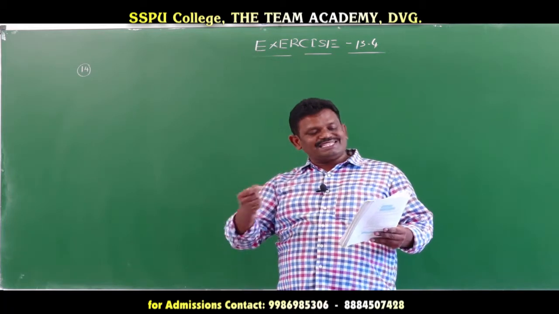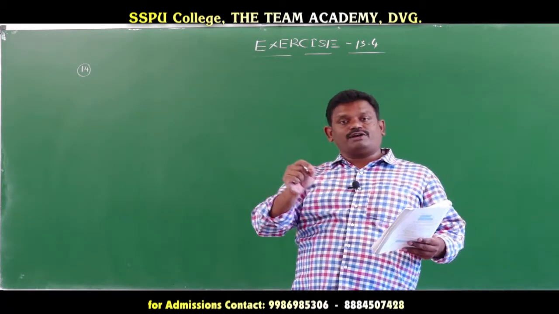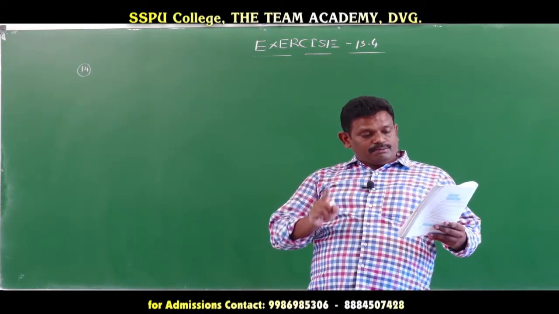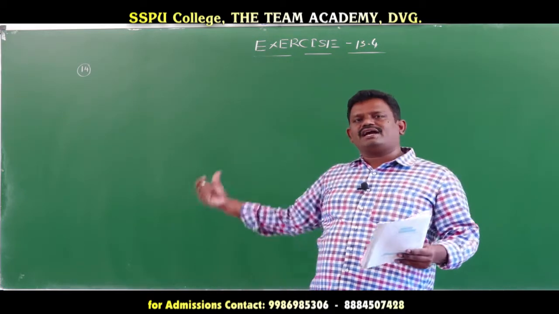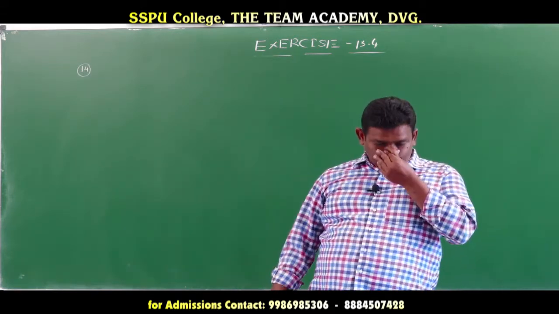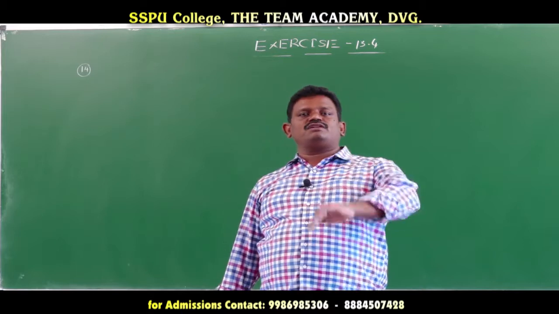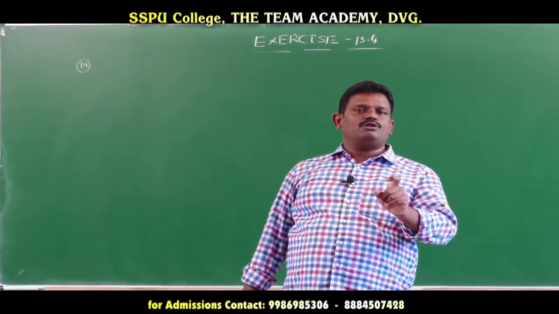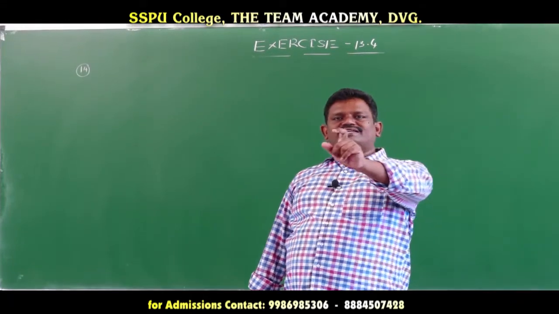Next, what is the probability distribution? First we find the probability distribution of the random variable X. Then find the mean, variance and standard deviation. Again the same process: mean, variance and standard deviation. First we require the possible values of the random variable. Here the random variable means the age of the selected student.